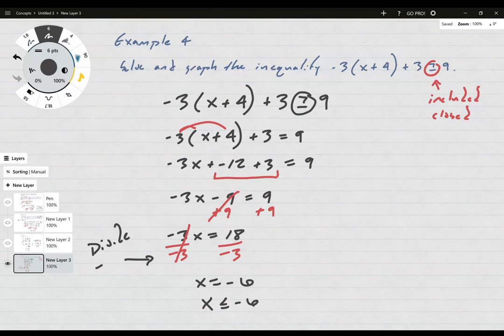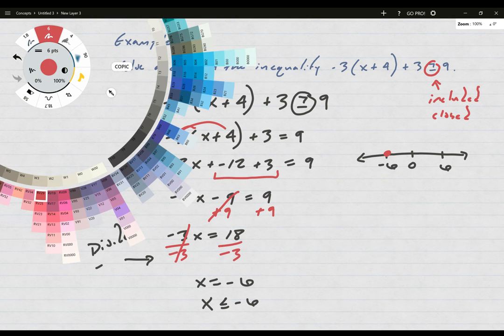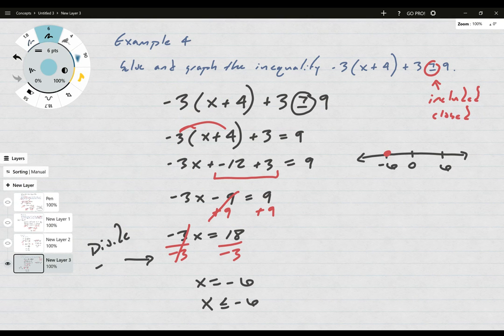Here's my number line. Here's 0, here's negative 6, and here's positive 6. We know that's a closed circle because our inequality sign was more than or equal to, so it's a closed circle. Now to test which way it's going to go, we're going to test a value. And I like to test 0 because multiplying and dividing by 0 is really easy. So we're going to plug that into our original